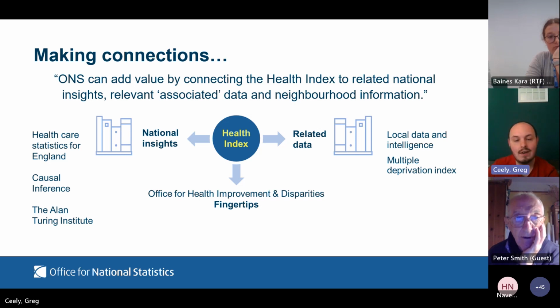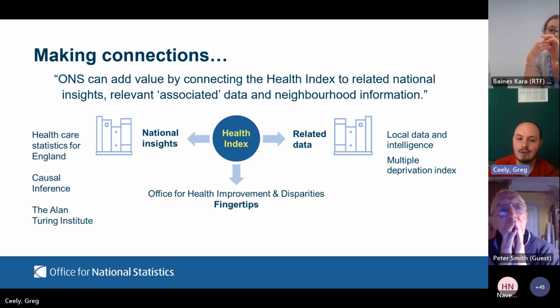And finally, on this, we're exploring causal inference with the Alan Turing Institute, looking at how existing evidence and research can improve our understanding of causal relationships within health. Our current plan is to review causal information on a topic-by-topic basis to understand what evidence already exists, the value of that work and its feasibility, before expanding to a greater way of presenting causal impacts in the Health Index structure.